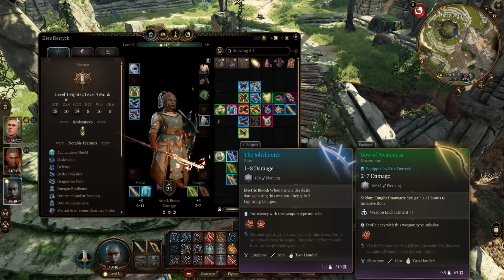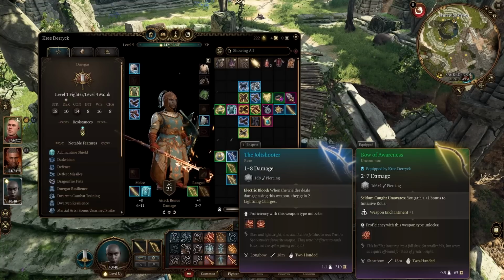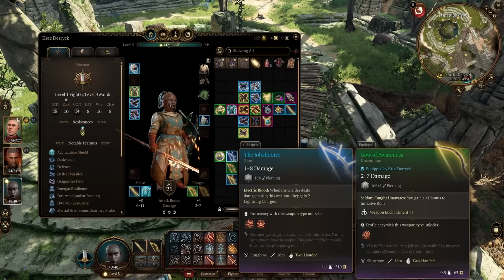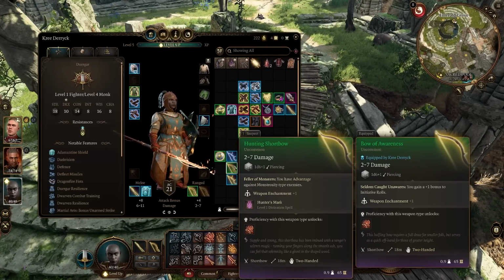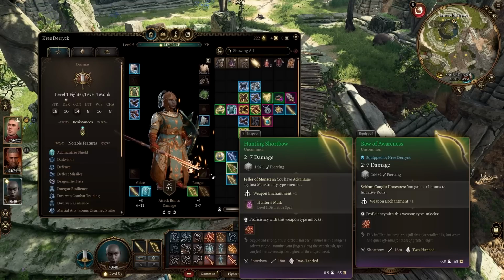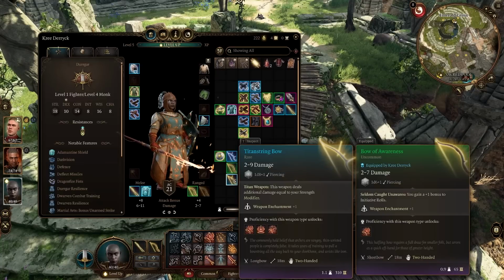Now, we're not going to be using our bow a lot, but if you do need to use the bow before you close the gap, this will give you lightning charges, which can then add additional damage to all of your punches when you do reach the character that you're fighting, which is great. You can also go with the Hunting Shortbow. Since we are using a weapon, you get free Hunter's Mark, which is great, as well as advantage on monstrosity type characters. Or since we are such a high strength character, you can give them the Titan String Bow, which